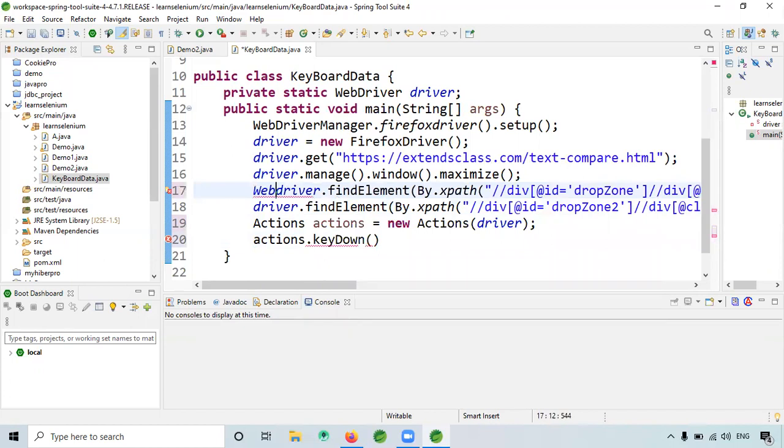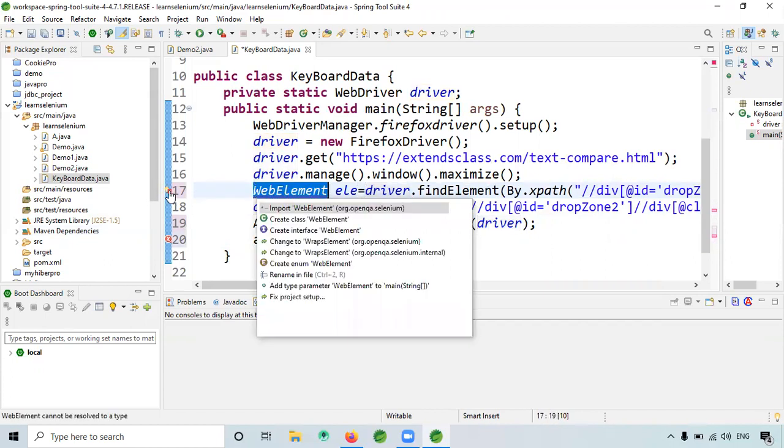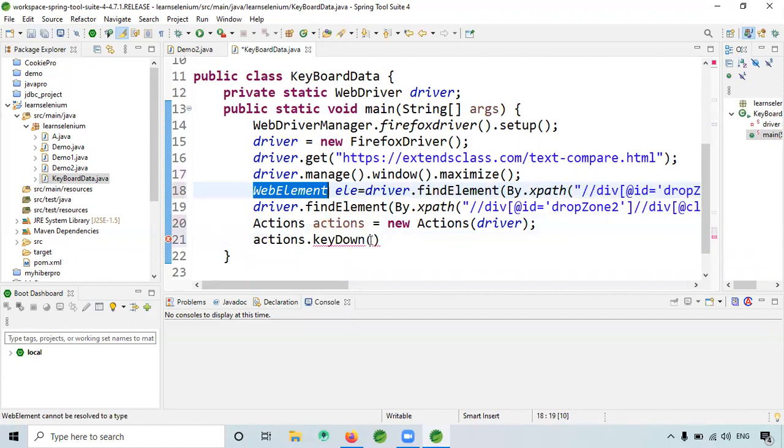WebElement ele1 is equal to, I need to pass that element, comma. Now we have to select the keys, I mean the control key, right?